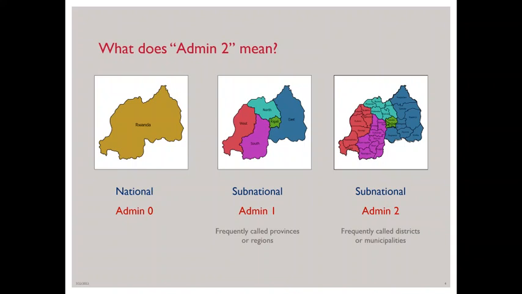While Admin 1 names can vary by country, they are frequently referred to as provinces or regions. The second largest administrative divisions within a country are referred to as the second administrative level, or Admin 2. So again, while these names vary by country, they are frequently referred to as districts or municipalities.